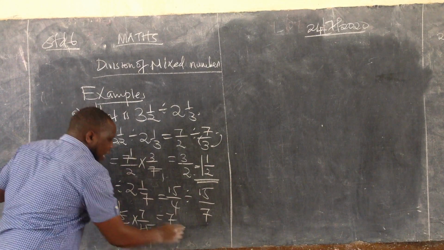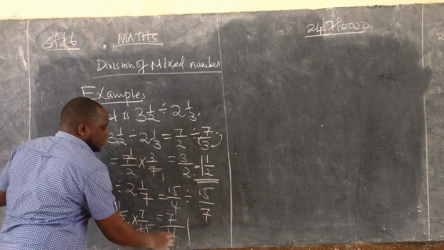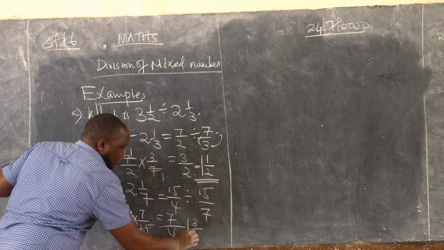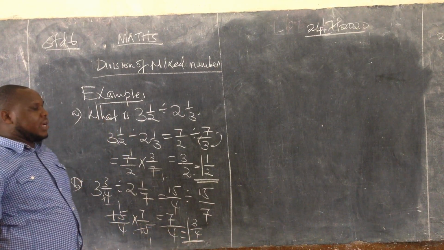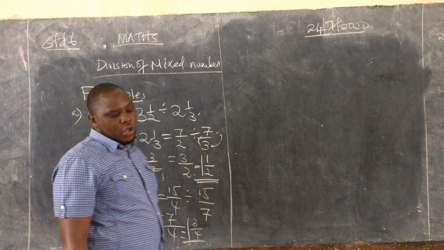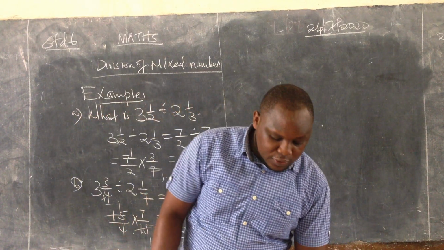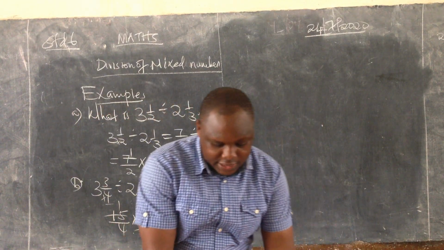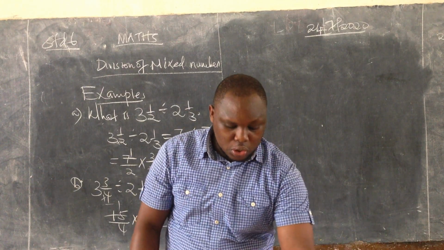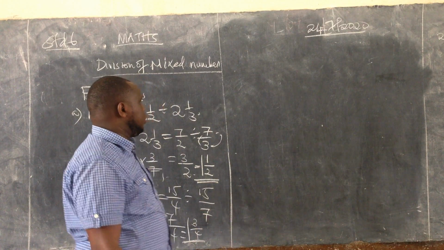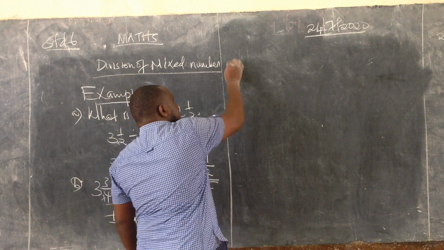So 4 goes in here one time, 7 minus 4, the remainder is 3 over this one. So the answer becomes 1 and 3 over 4. You realize that most of the time, the answers we are going to get in this exercise are also going to be mixed numbers. So that also will guide. Let's try another example